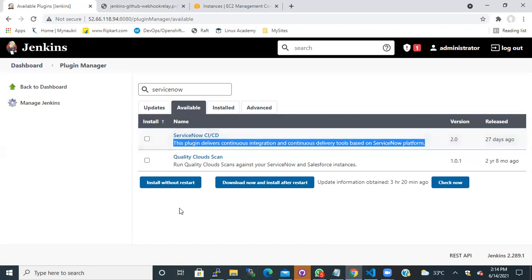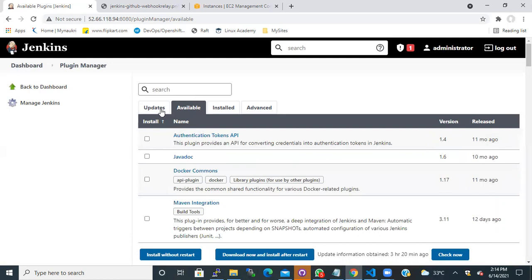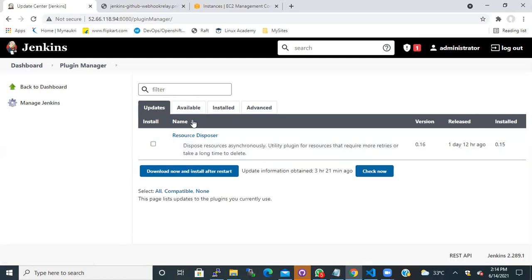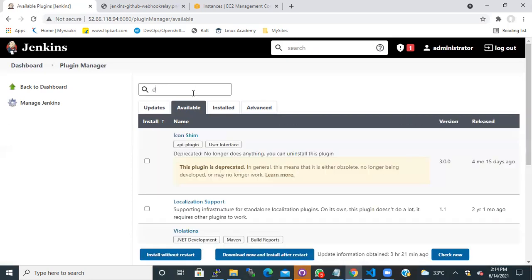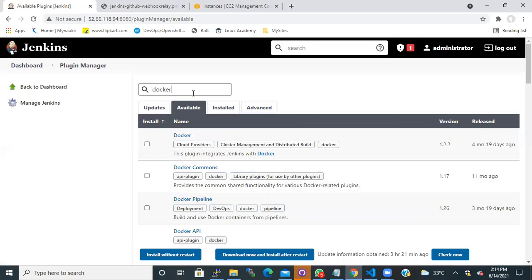So it is very simple. Installation is not tough. And maybe let's say Docker. If you are building the containers on a Docker environment, you just click on this and install without restart.